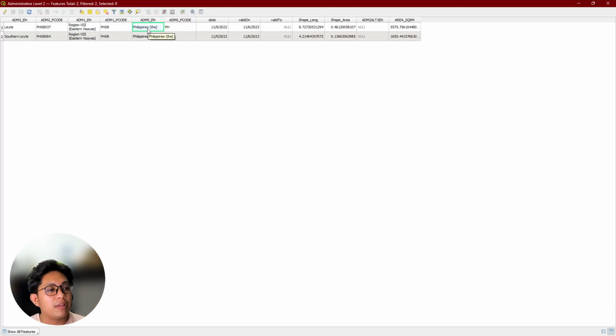Our level 0 admins, the Philippines, the country. And it's valid on 11/6/2023. Well, di man siguro mabalhin ang later. So, it should be okay. And then, as you go here, you have area in square kilometers. So, automatic na siya area for this dataset. You can add and make your own. Later, we'll discuss on how to do that. But for this one, you already have your area in square kilometers.